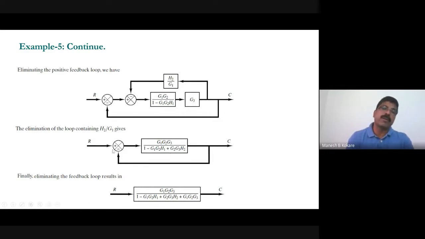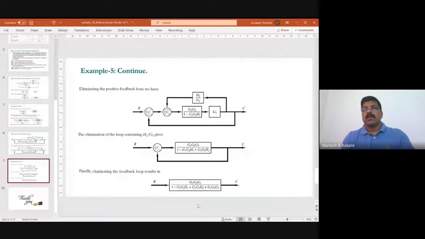Now what is this? This is unity feedback, right? And this is positive feedback. So this is G and H is 1. So G divided by 1 plus G into H, and this divided by 1 plus this entire thing, because H is 1. So finally you got the transfer function C(s) by R(s) equal to G1 G2 G3 divided by 1 minus G1 G2 H1 plus G2 G3 H2 plus G1 G2 G3. I hope that you have understood this problem. If you have any doubt, you can ask freely. Okay, let me know.